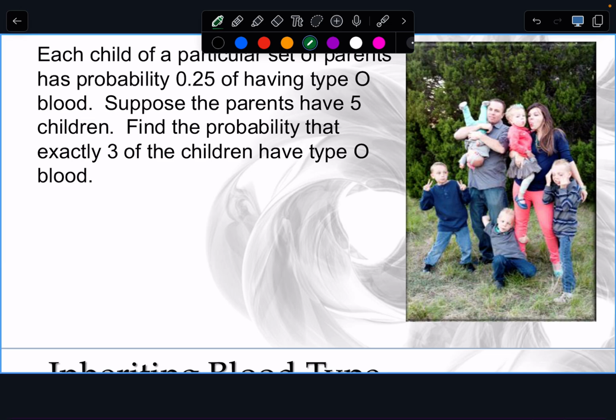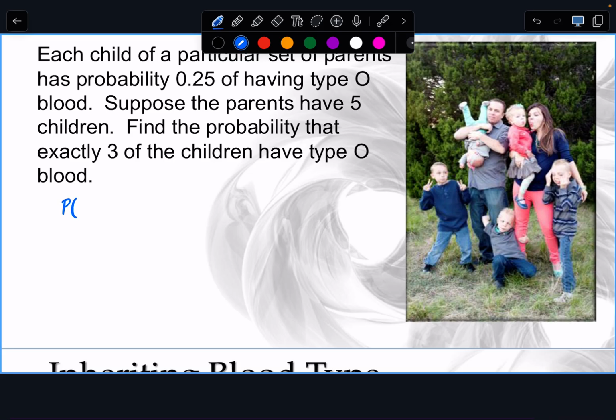So first thing we would normally do is define our random variable, but we've already done that. We're using the same problem. We would establish that it's binomial. N is 5, P is 0.25. And then when we actually go to calculate here, the notation, if X is the number of children with